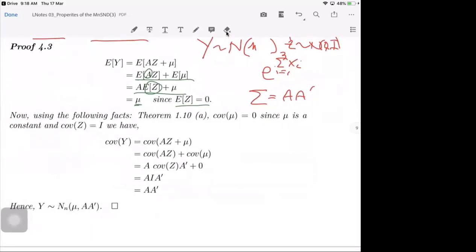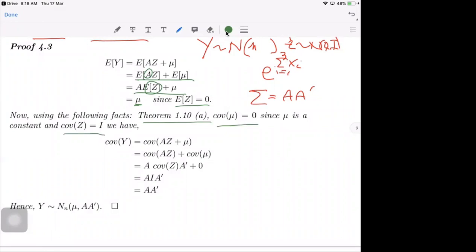Now, using the following facts from theorem 1.10a, the covariance of mu is 0 since mu is a constant, and the covariance of Z is I. Then the covariance of Y